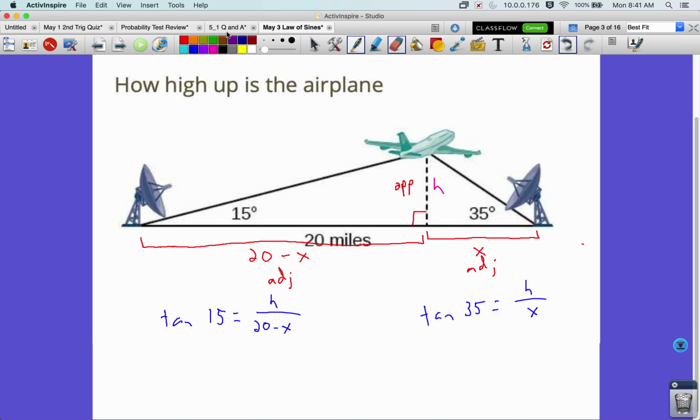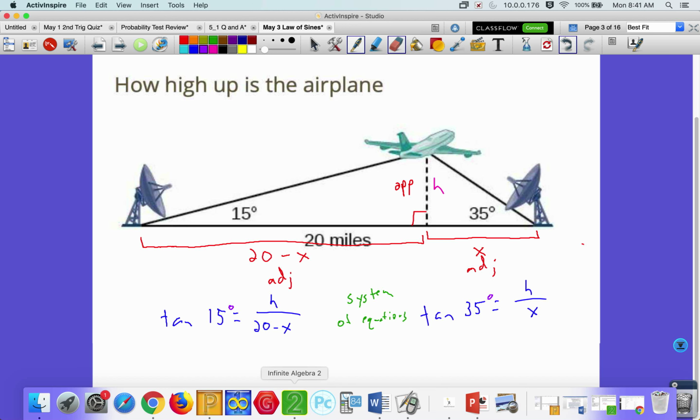Now we've got a system of equations. All right, let me get you started on solving this. One thing is, this is tangent of 15 degrees. This is something we can plug into our calculator and turn into a decimal. Just make sure you are in degree mode. I'm in radian mode, so I'm going to switch it over to degree mode. Then I'm going to do tangent of 15 degrees. And I get